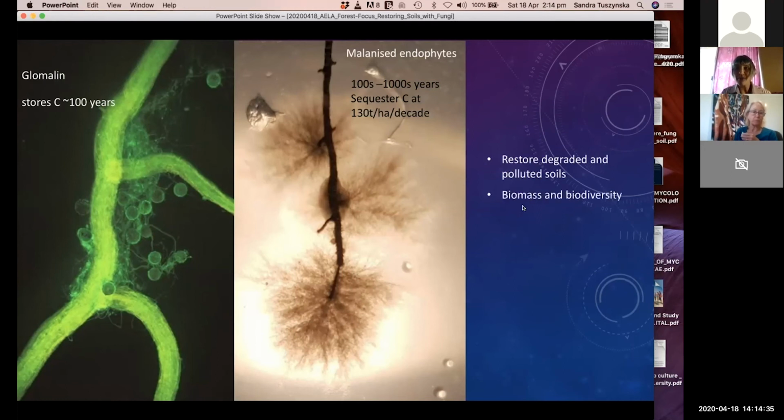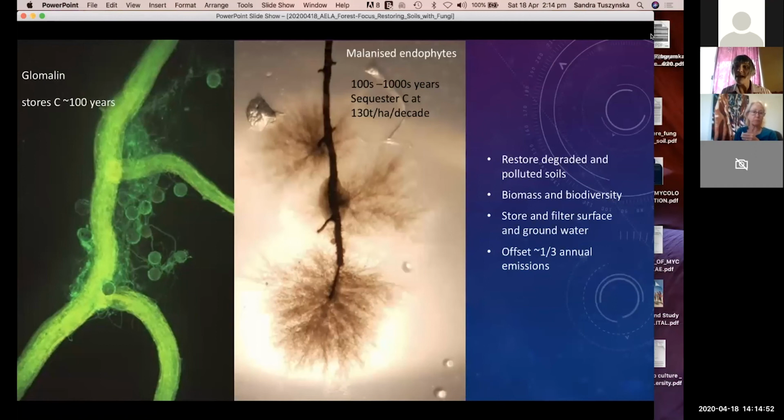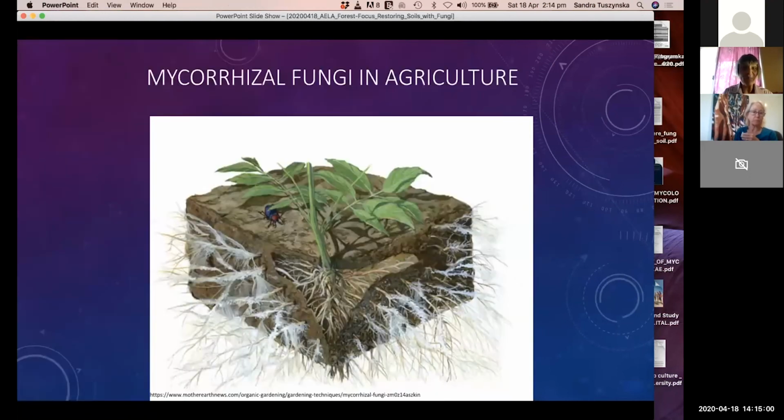And we also have biomass and biodiversity production, of course, and it stores and filters water, so we can clean up our waterways through this process by having healthy soil. And it offsets 1/3 of emissions as well. So you can see that annual emissions. I've just got you guys on the right here, so I can't see my slides fully. Whoops. Okay, so quickly, because I'm aware of the time,